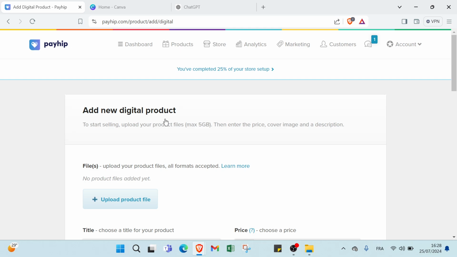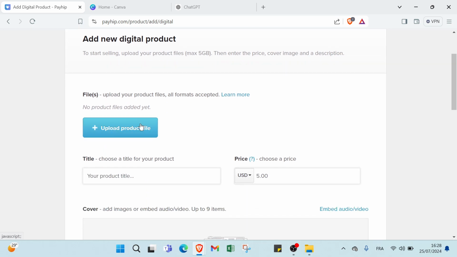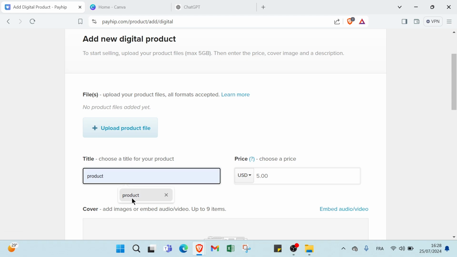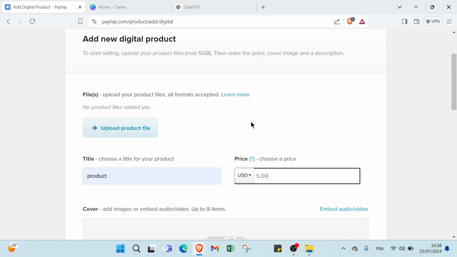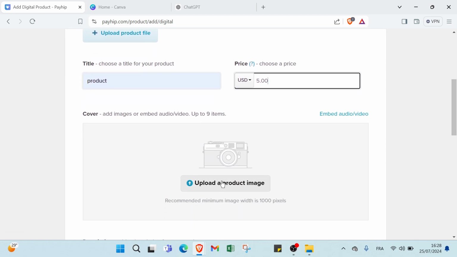As you can see, all you have to do right now is add a new digital product, upload your first product file, select the product type and the price, then apply a product image. So to apply your